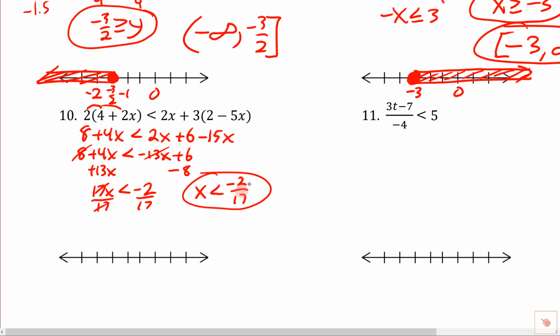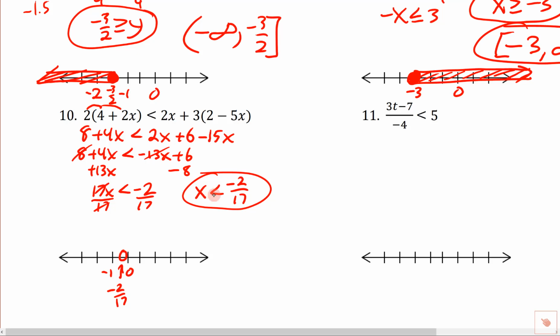Now we do want to keep in mind what this is. This is a pretty small fraction. If you wanted to throw this into your calculator and get a decimal for it, it's going to be negative, so it's less than 0. But this would have to be negative 17 on the top for this to be negative 1. So here's what we're going to do. I'm going to put negative 1 right here, and I'm going to put 0 right here. We're going to put a circle, and it happens to be an open circle about right there, just a little bit on the negative side. So this is negative 2/17 right here. We're going to leave that open,